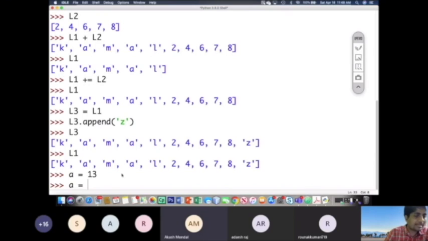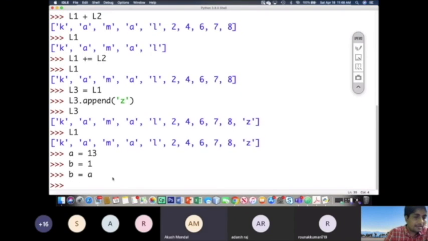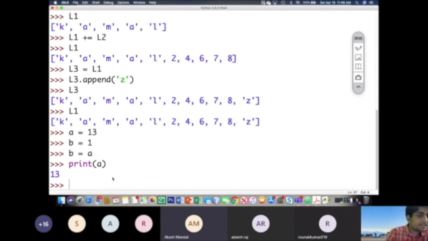We are writing B is equal to A, and then we are printing A. What will happen? It is giving 13, right? 13 दे रहा है ना, A प्रिंट कर रहा हूँ तो 13 दे रहा है.